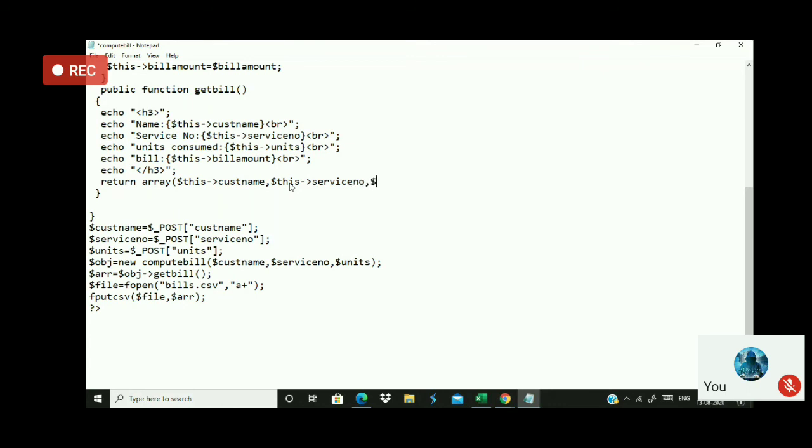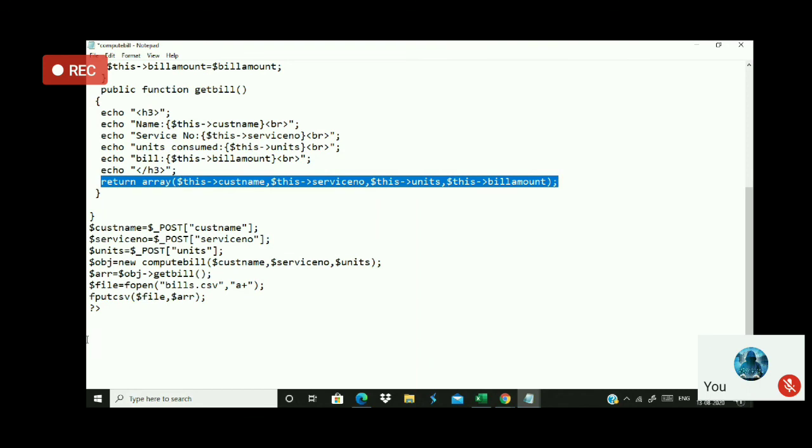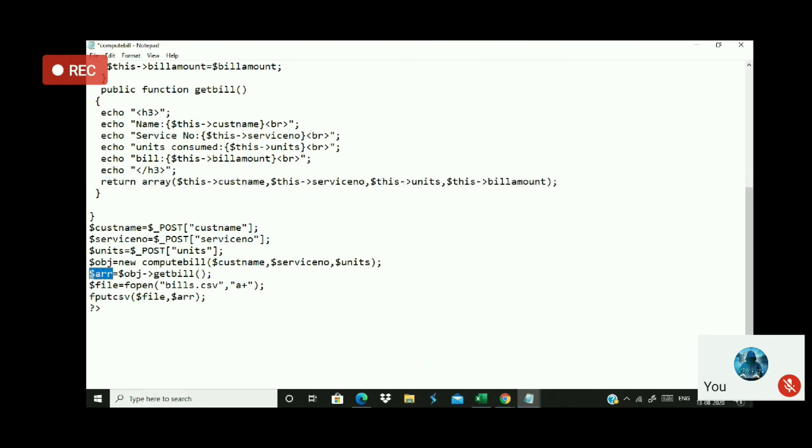The third one should be the units. And the fourth one I should have is the bill amount, which is stored here. So this will be returned as an array, and this array will be stored in a variable called $arr.